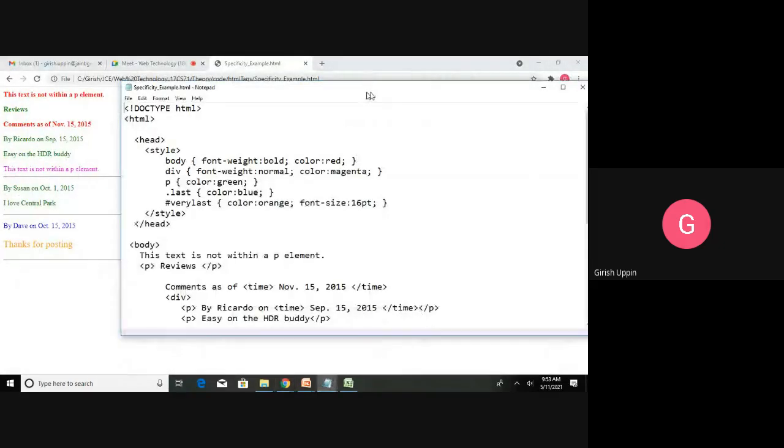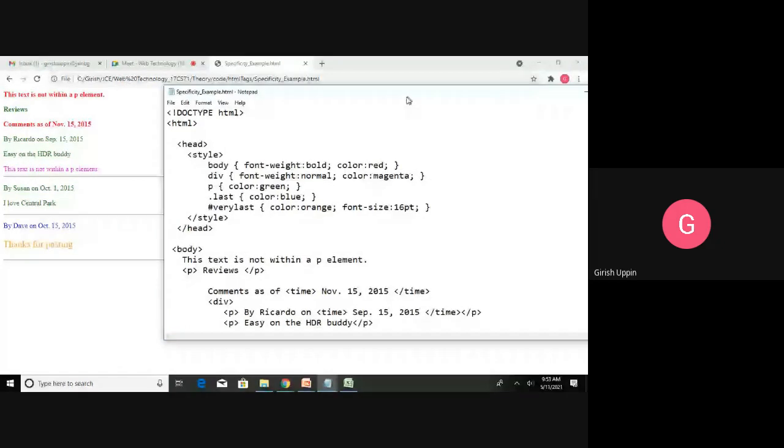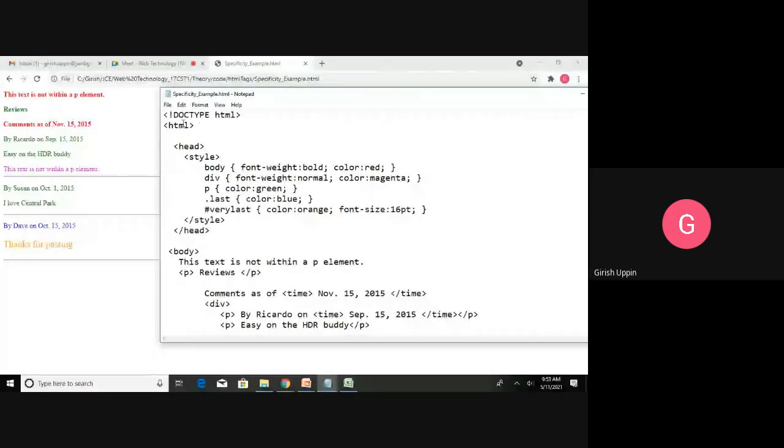So I have the same HTML. We have HTML document. Inside head, I have the style. Inside the style, I have body. So it is very similar to what you saw in the presentation. Body has two properties: font weight bold, color red. Then div, font weight normal, color magenta, paragraph, color green.